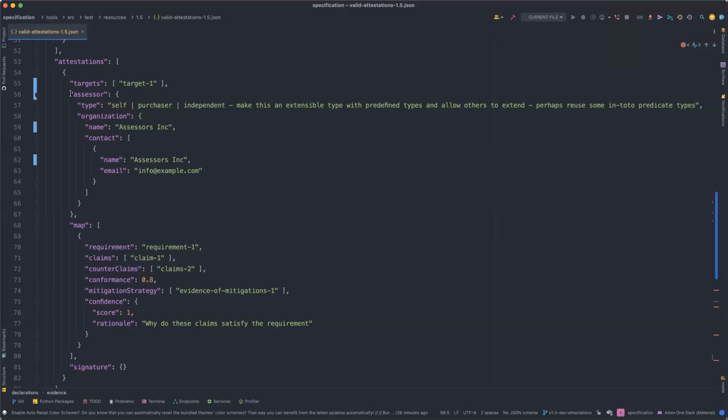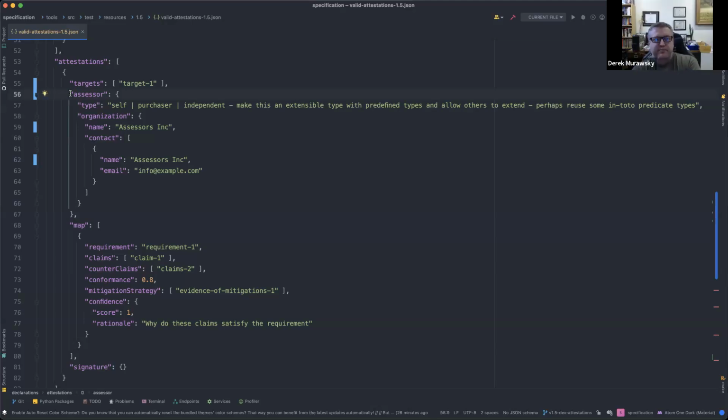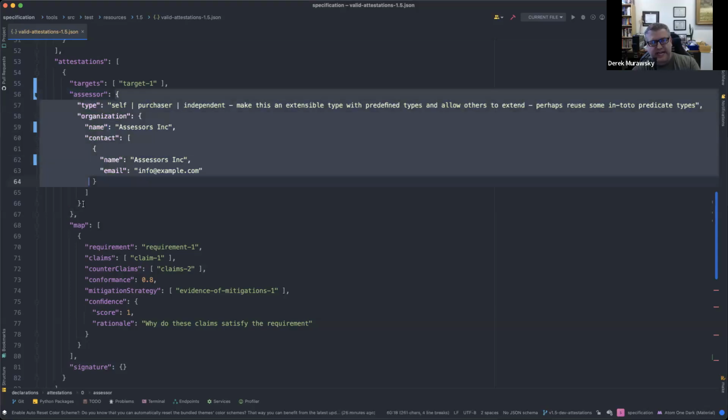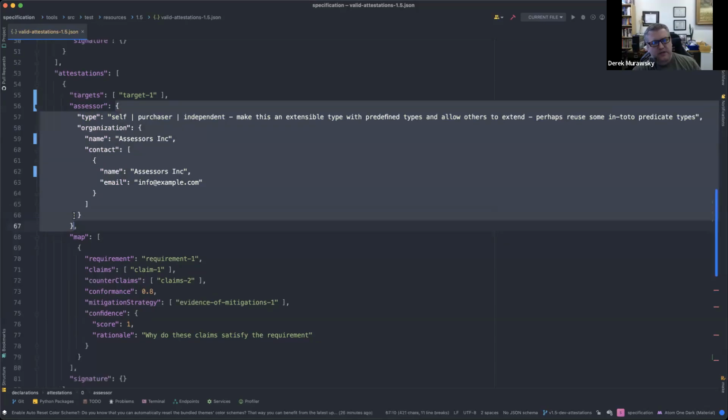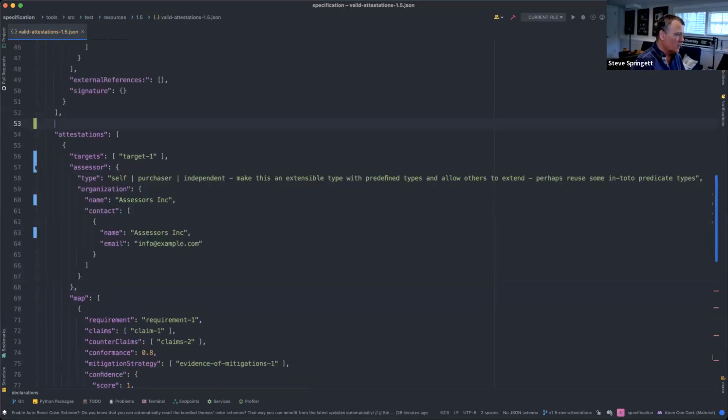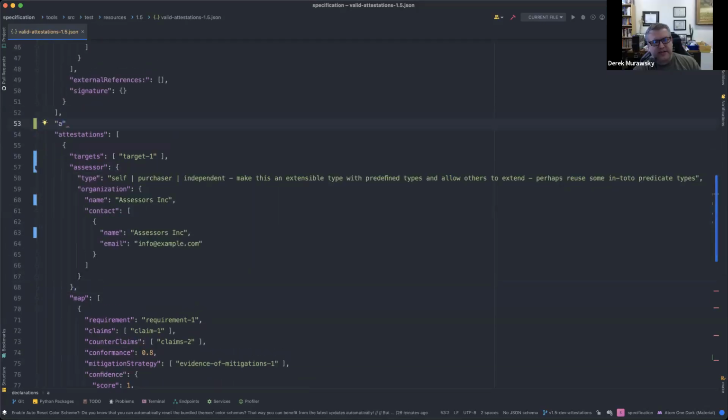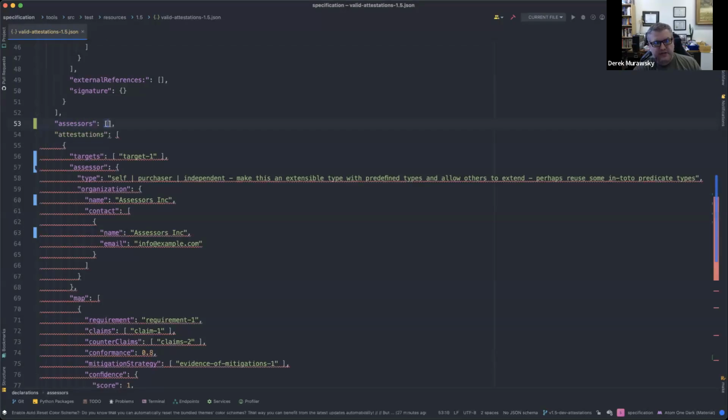That makes sense. Okay. Now we might have it here. So instead of having assessors plural in this attestation section, maybe it is a singular assessor in here, but I would still make it an assessor ref out to the other array that has that information. Right. Okay. So maybe we don't support multiples in here, because this should be like one target, one standard, one assessor.